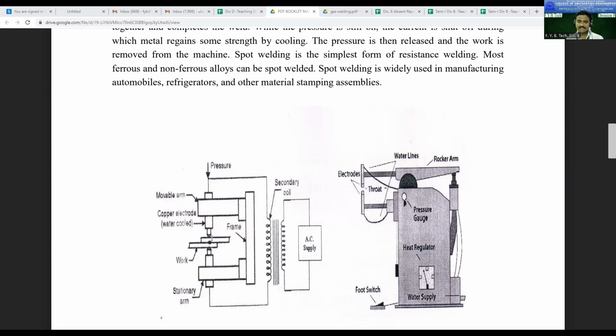While the pressure is still on, comma, the current is shut off,